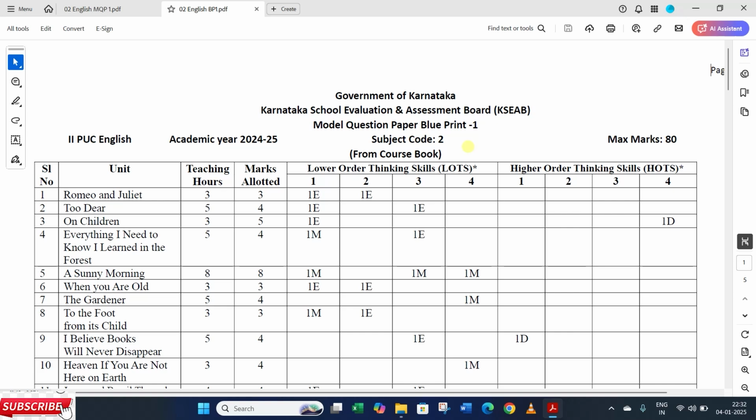Dear students, in this video I am going to talk about the blueprint which has been released by the Government of Karnataka PU Board. So in this particular blueprint, we are going to learn how exactly the units are given marks and the weightage. So students, you can see here